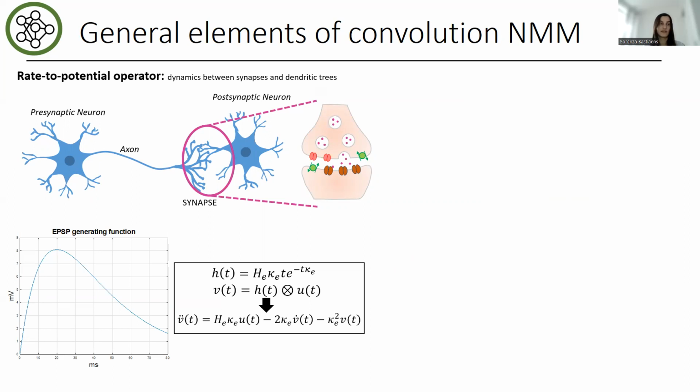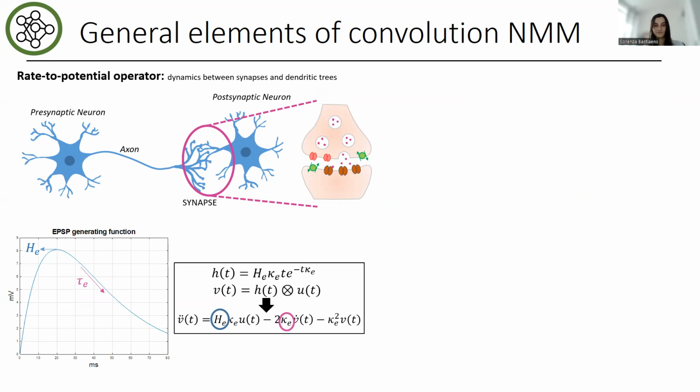And this convolution can be expressed as a second order differential equation that you see here. And the two main parameters of that equation are the maximum amplitude of that postsynaptic potential and the tau e, which is the rate constant and determines the steepness of the slope,